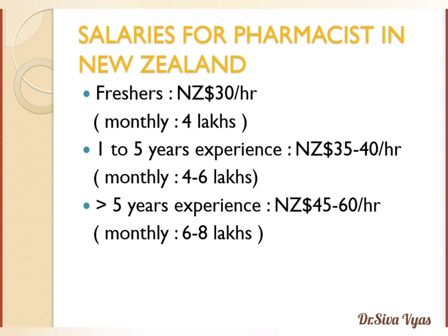If you continuously work as a pharmacist in New Zealand for more than 5 years, then you will receive 45 to 60 New Zealand dollars per hour, so that your monthly earning will be around 6 to 8 lakhs. If you are willing to work on weekends, then you will receive extra payouts related to your working hours. Apart from these payouts, you will also have good medical benefits and insurance while working as a